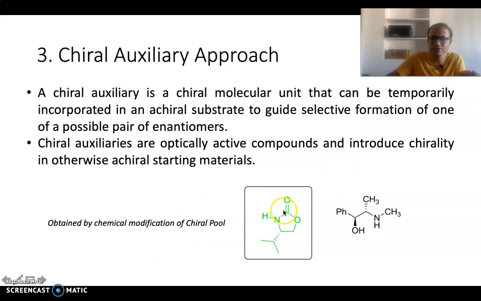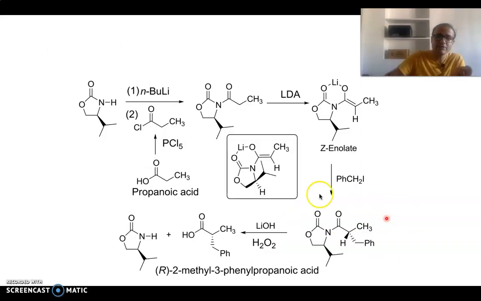So I have shown here two molecules that are chiral auxiliaries. One is this particular moiety which we have used in the example I just showed. Another is this particular auxiliary. There are many chiral auxiliaries that are used for doing this kind of asymmetric synthesis. So here we are converting this particular molecule. We are introducing a chiral center here. In order to introduce a chiral center here, we attach this chiral auxiliary.